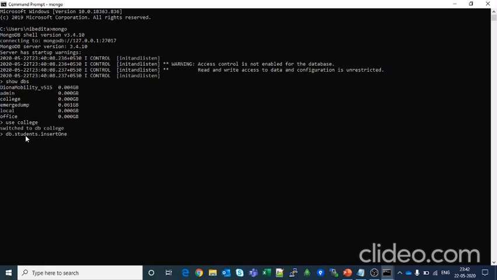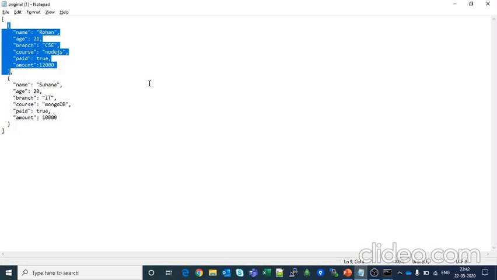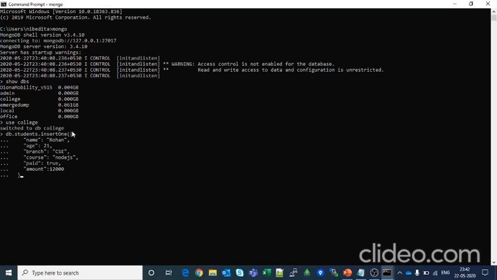You need to check the proper syntax of the query. Now I have prepared the document, so I just copy this. Let's close the bracket, and yeah, now it has been inserted and it will insert one ID which will be unique for each document.